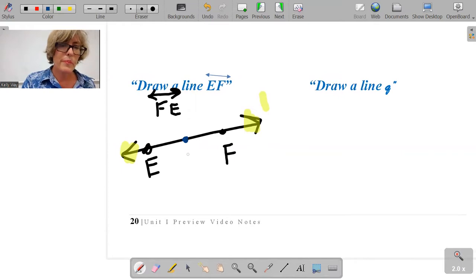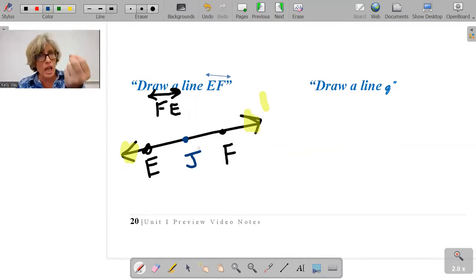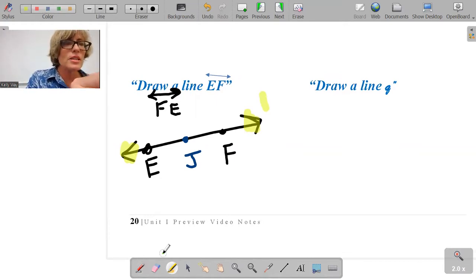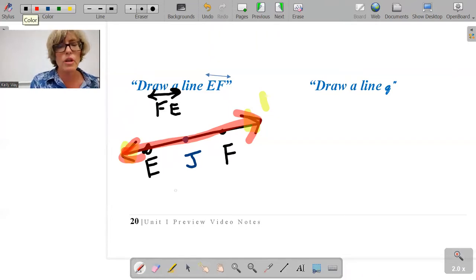Say, I don't know, J. We only use 2 points to name a line because that is the definition of a line. It's a minimal of 2 points. So this entire line conceptually can be named with only these 2 letters, EF,